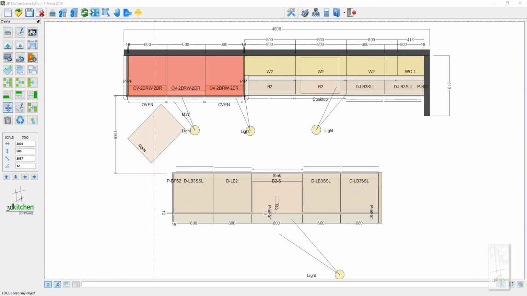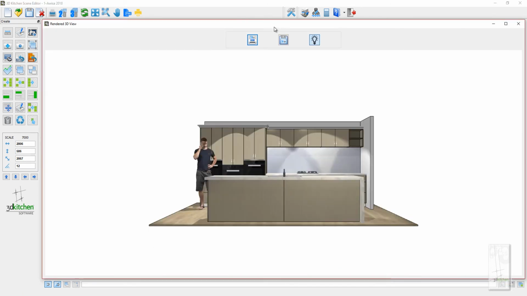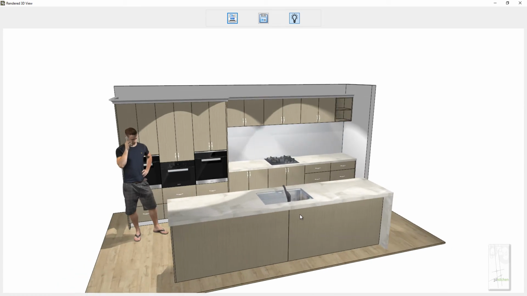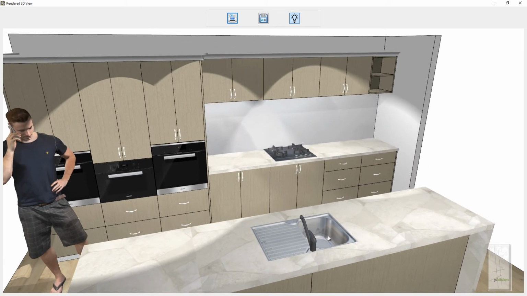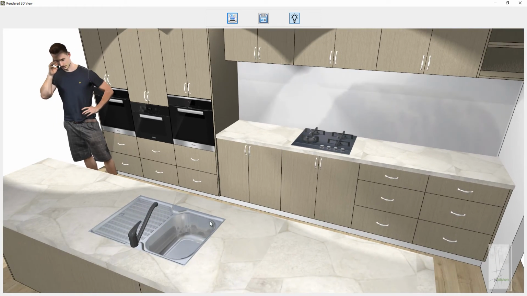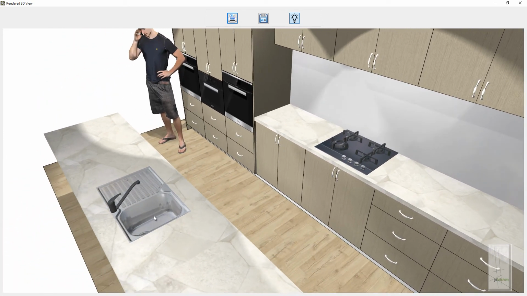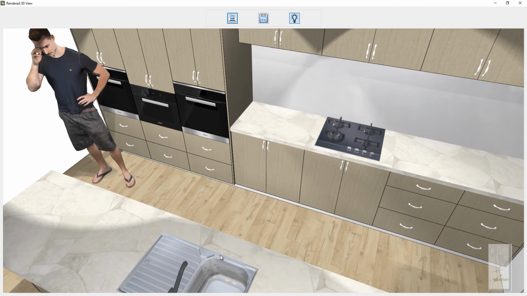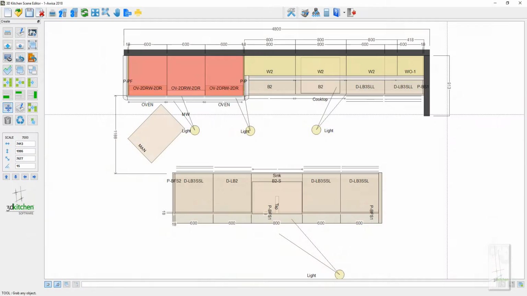We have new fully three-dimensional objects such as sinks and cooktops, which will display correctly in 3D, showing depth. So these will take priority, actually cutting out the bench where the sink will be placed. So this kind of object is like this one here, so I'll just pull that aside and we'll have a